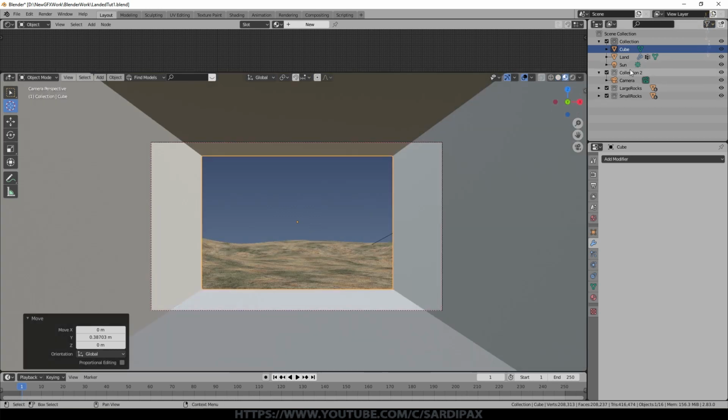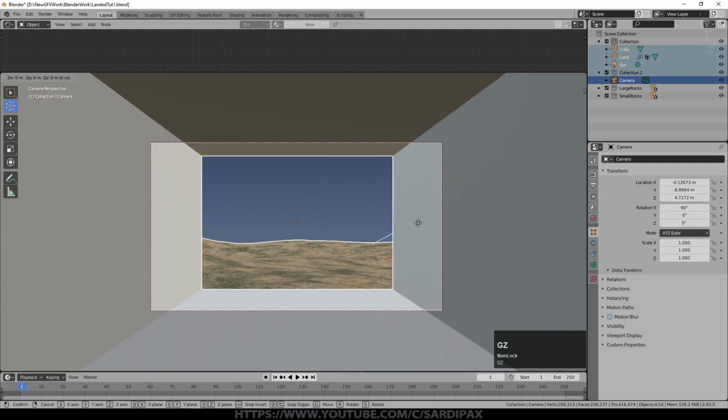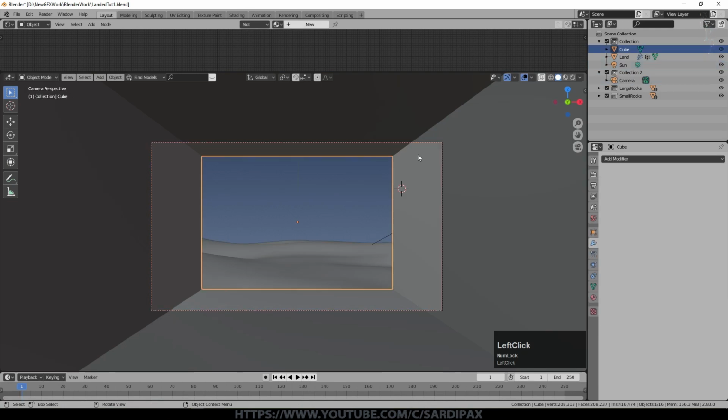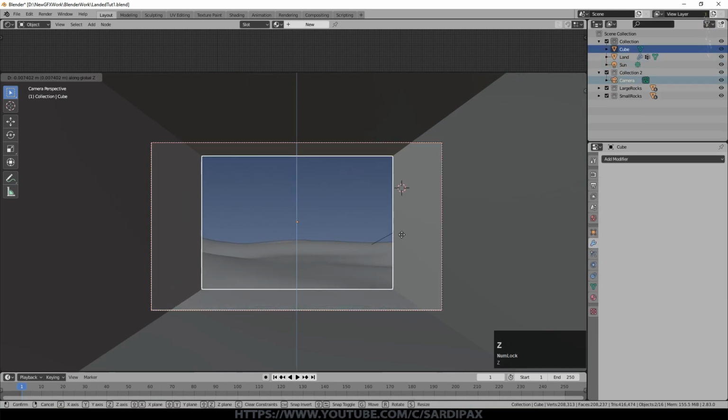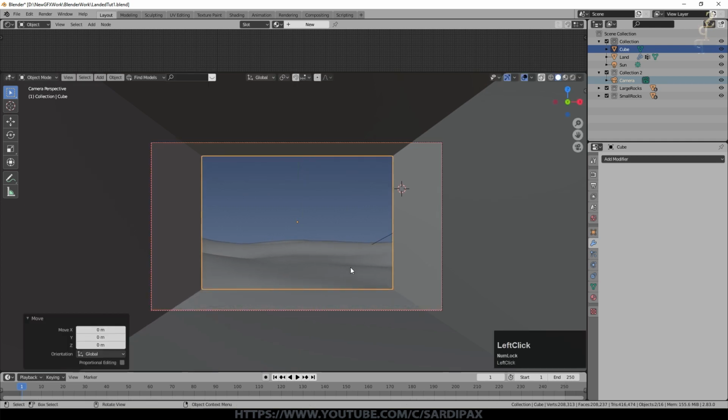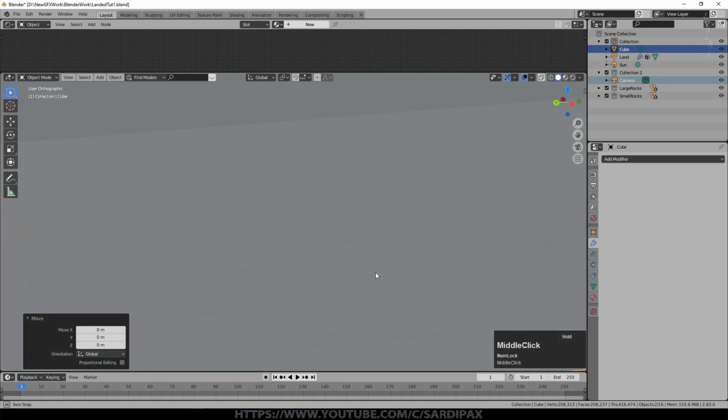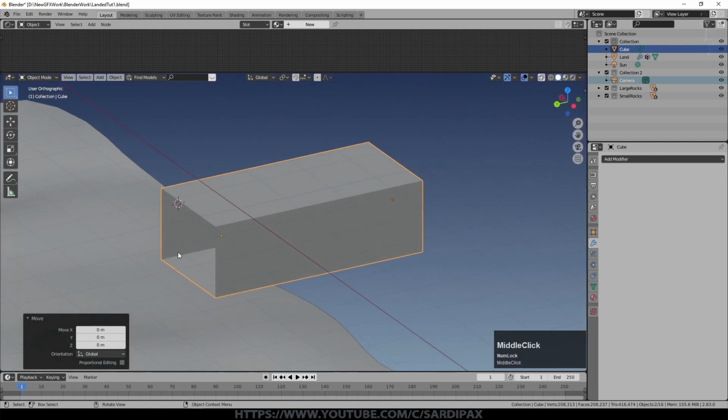So I'm going to select my camera and my cube and G Z just to move my camera down with the ship. Make sure it's just the camera and the ship that's selected till we can just see the land coming through the ship there, and then just take it up slightly. So we now know the ship is above the landscape, but we're probably going to have issues of particles coming in, and we can sort that out in a little bit.